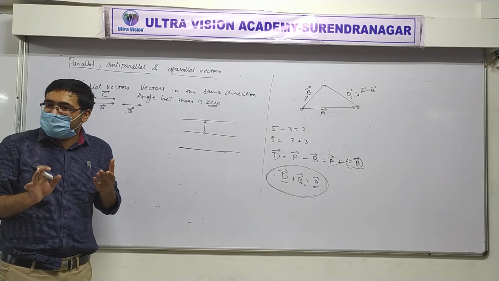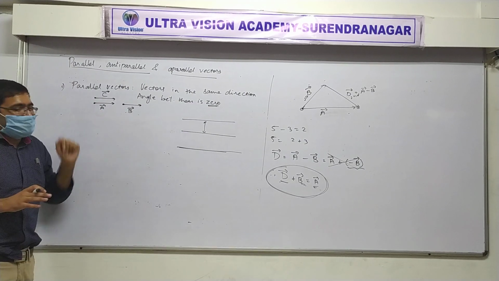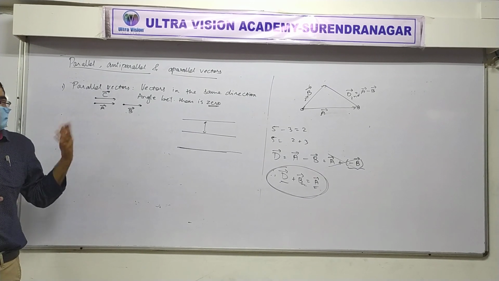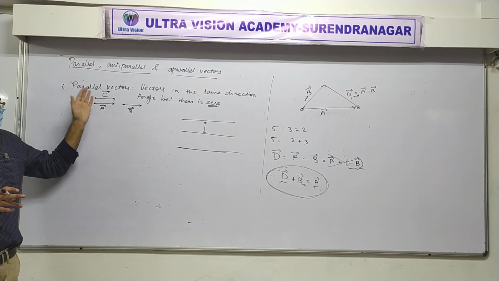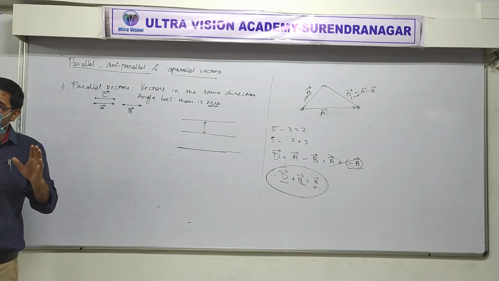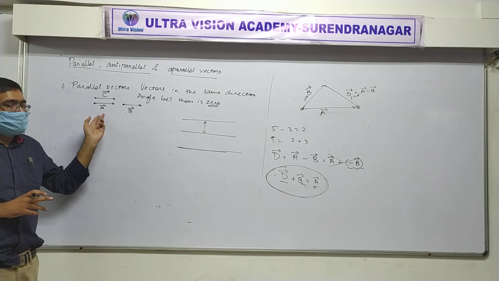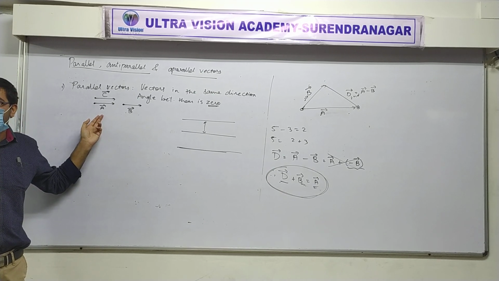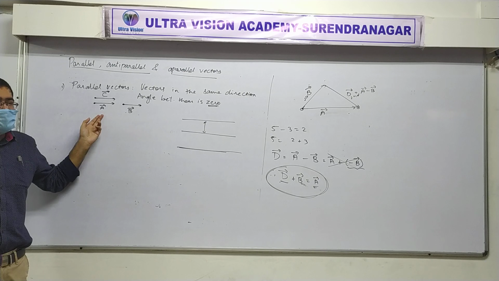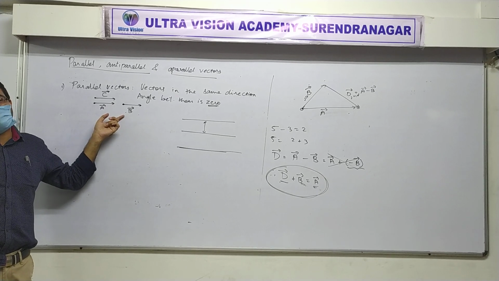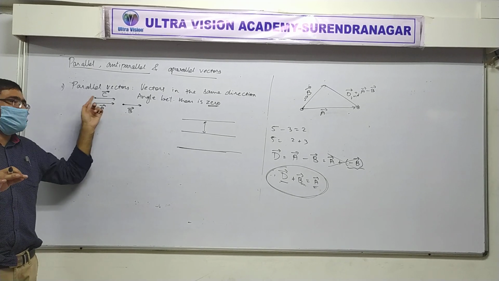Did you get that? So here, which vectors are parallel? All the three are parallel to each other. A is parallel to B, B is parallel to C, C is parallel to A. Did you get that? Yes or no? Yes. The definition is not to be used here, that much I have explained to you. I know you might not be ready to believe because we can't let go of the old. A vector and B vector are parallel vectors just like A vector and C vector.